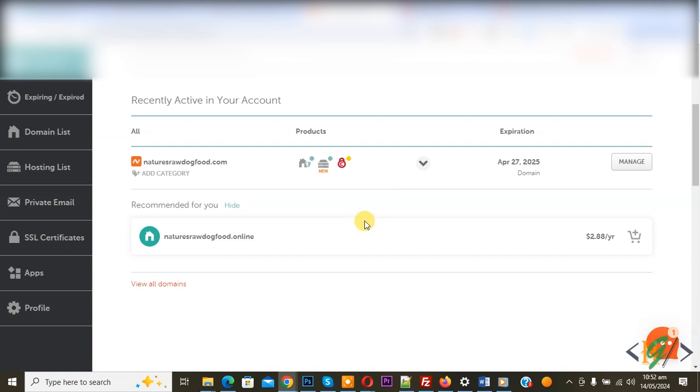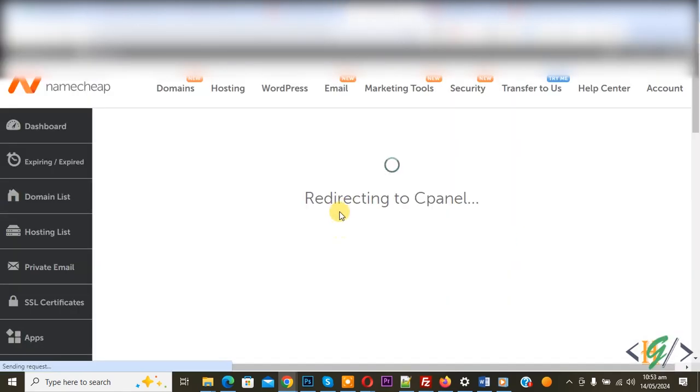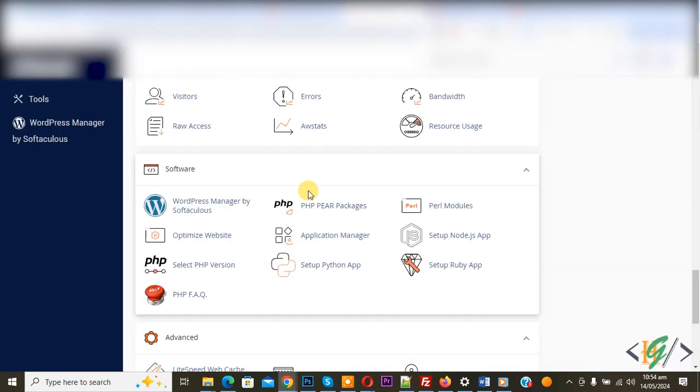So we are in the dashboard. On the left side you see the hosting list, so click on it and then you see the hosting subscription. So this is our plan, and then you see go to cPanel, so click on it. Now it is redirecting to cPanel. Now we are in cPanel and then you see the software section and then you see WordPress,